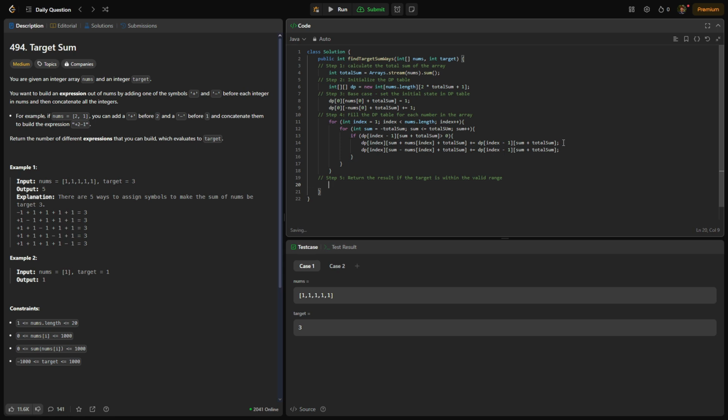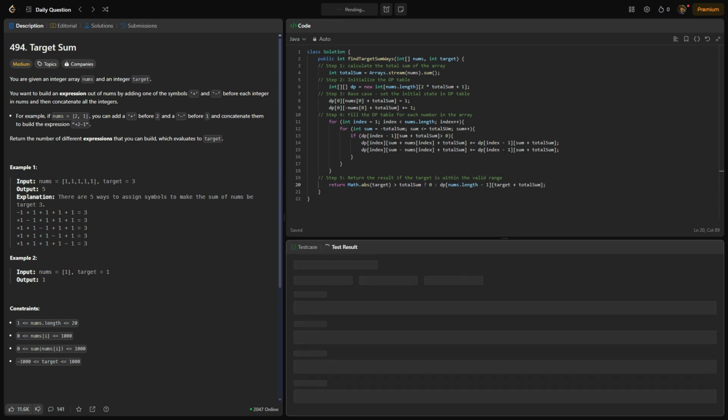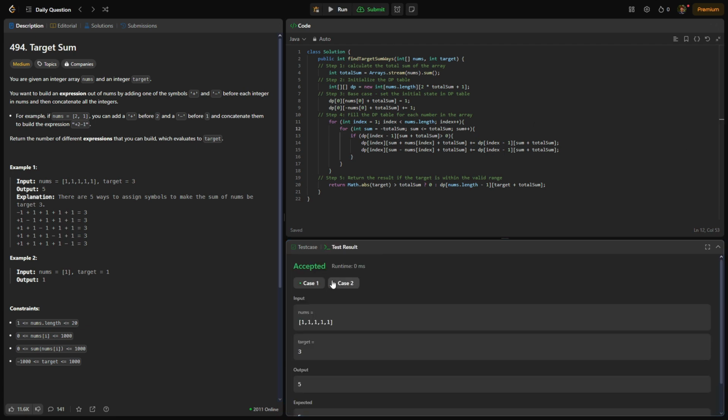And finally, we simply have to return the result if the target is within a valid range. So we want to return 0 if the math absolute value of our target is greater than our total sum. Otherwise, we want to return our dp of nums.length minus 1 and our target plus our total sum, because that is how many we were able to calculate. So if we run this, it passes our test cases, and if we submit it,